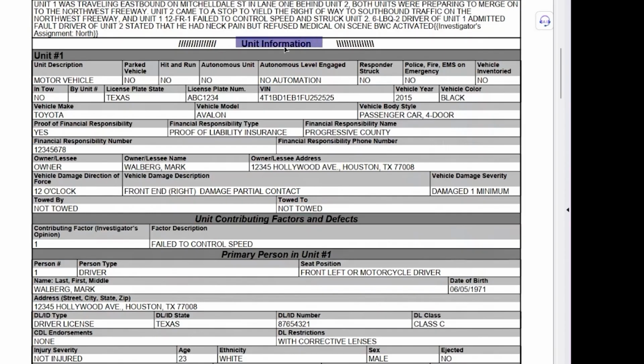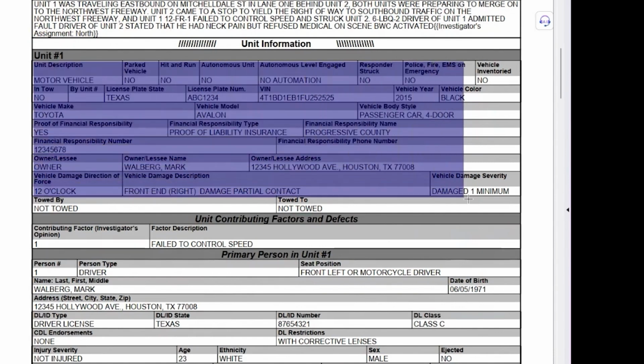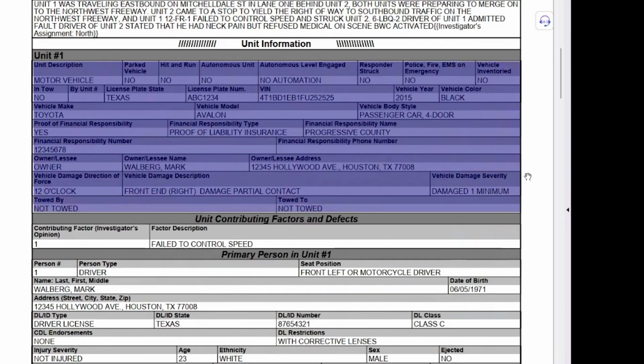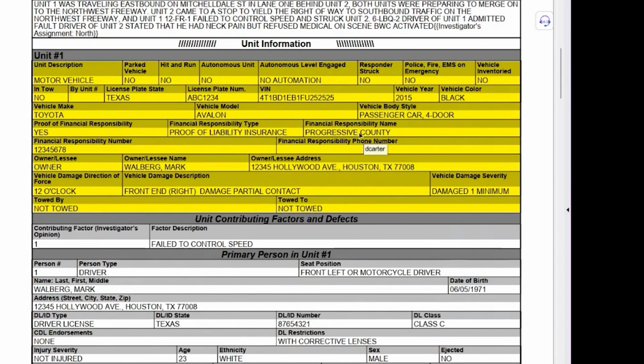All right. So now we're moving into unit information. And what that really means is information about the vehicles involved in the crash. Unit numbers, excuse me, are used to identify vehicles or bicycles or pedestrians involved in the crash. Usually, but not always, Unit 1 is going to be the at-fault vehicle. But vehicles are labeled by unit number. So in this case, we've got unit number 1. And in this section here is a bunch of information about unit 1, which in this case, we know is a black